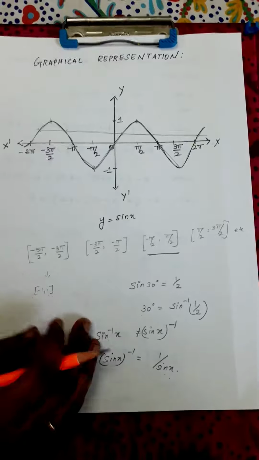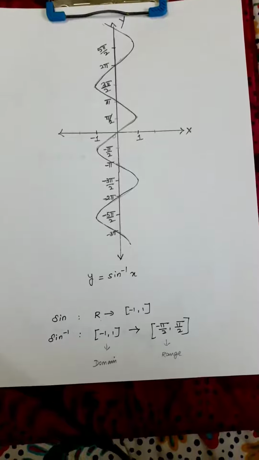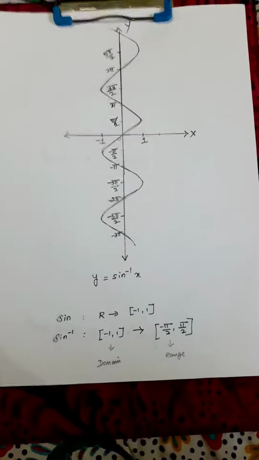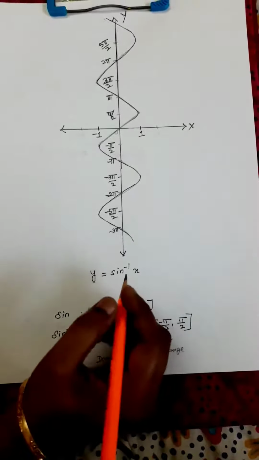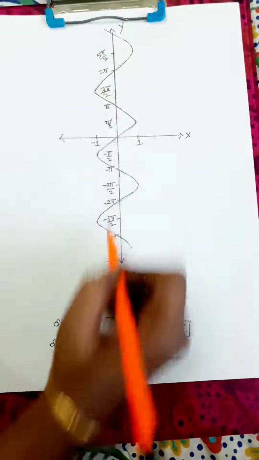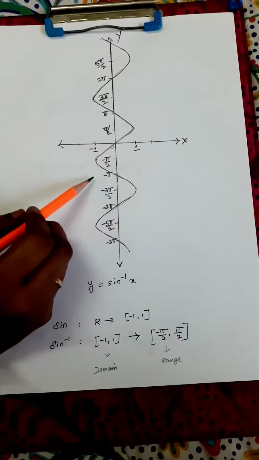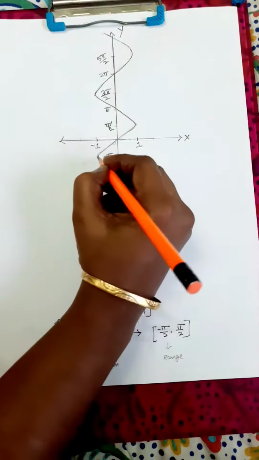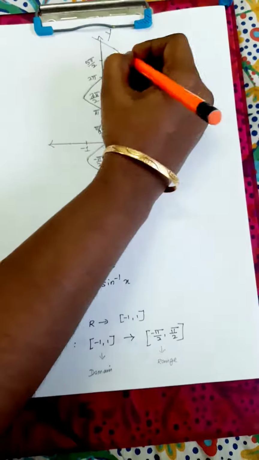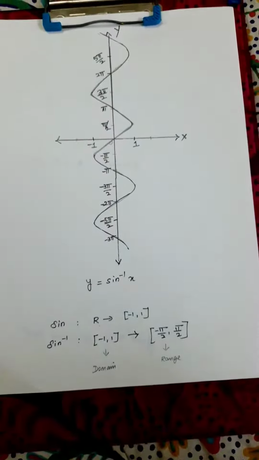Now we will see the graph of sine inverse x. Now we will see how to draw the graph of sine inverse x. If we want to draw the inverse of the sine function, we need to interchange the x and y axis. Here see the domain is minus 1 to 1 and the range is various angles. Here also, in various angles the function is 1 to 1 and onto. See the range minus pi by 2 to pi by 2, pi by 2 to 3 pi by 2, 3 pi by 2 to 5 pi by 2, similarly downwards. So in these intervals this function is 1 to 1 and onto.